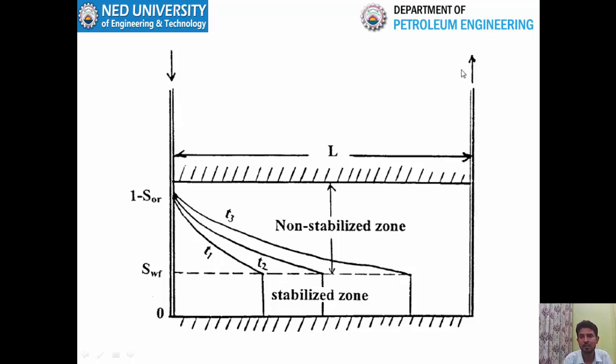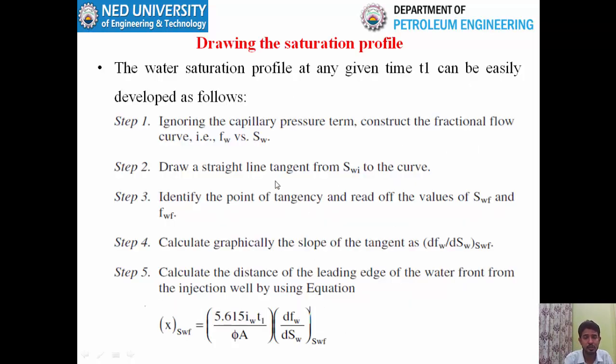You have the injection well, you have the production well, the distance between the two wells is L, and through the frontal advance equation we can also calculate when this waterfront will have breakthrough in your production well. So we can also calculate the time when we have the breakthrough of water. We will see this in the coming slides. So this is basically the summary of how you calculate the position of the waterfront. And again, you need to memorize the steps by yourself, because in the exams you will have to do it by yourself, and it is very easy.